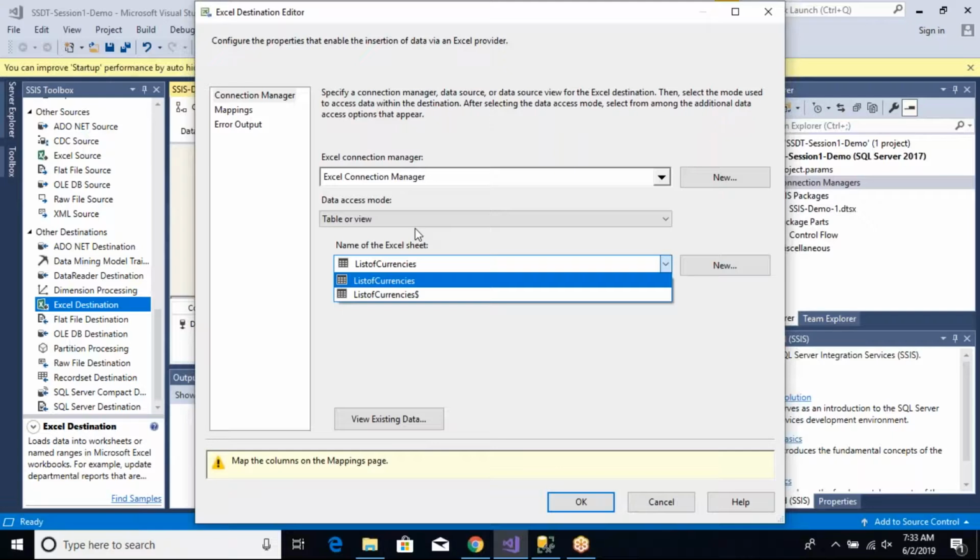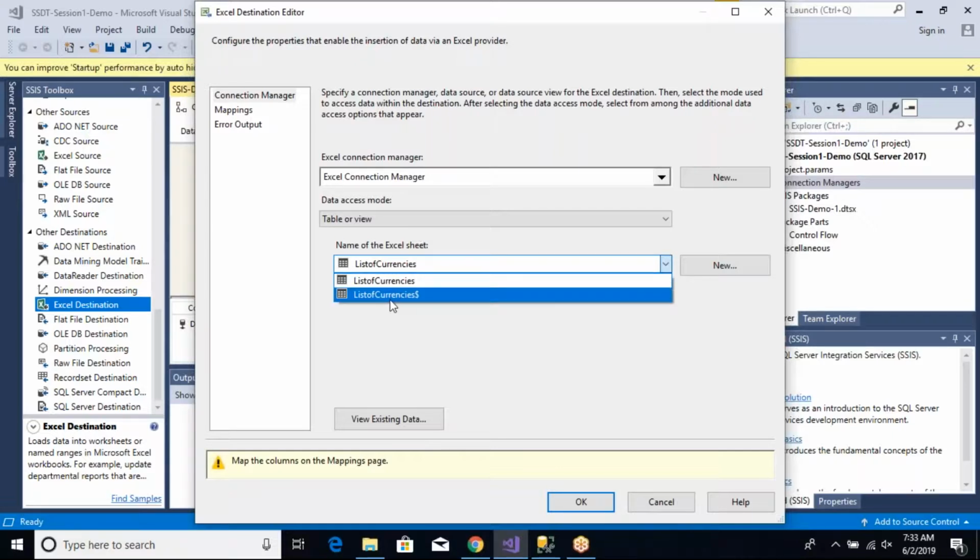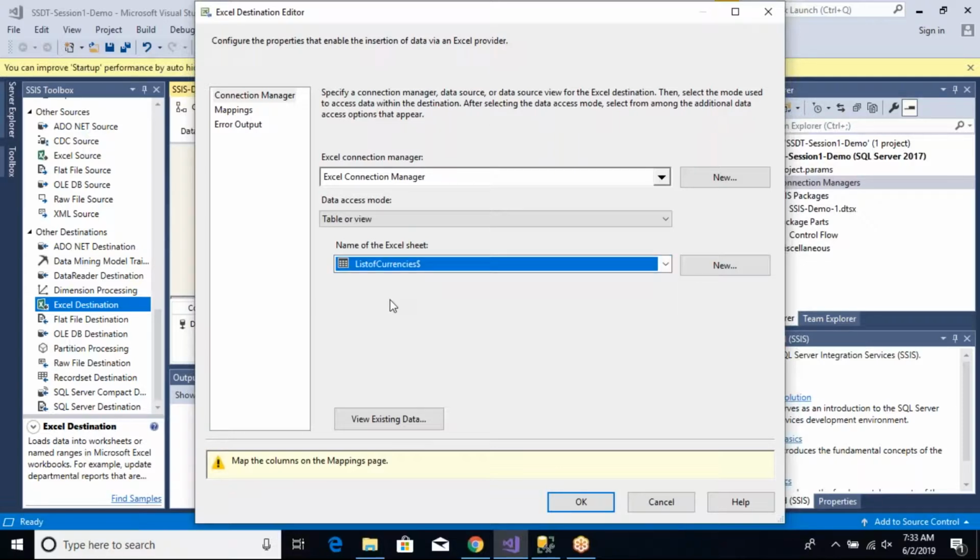I want to put my data from A1 to B2. So something like that. So for now, we are going to write the whole data to a sheet. So we'll just select this option. It's always better to select the option with the dollar. And then the next step is to